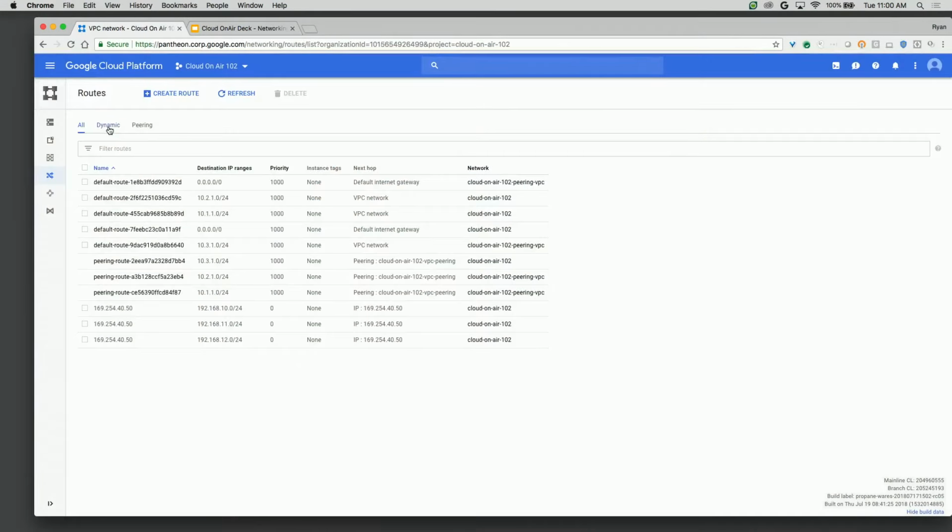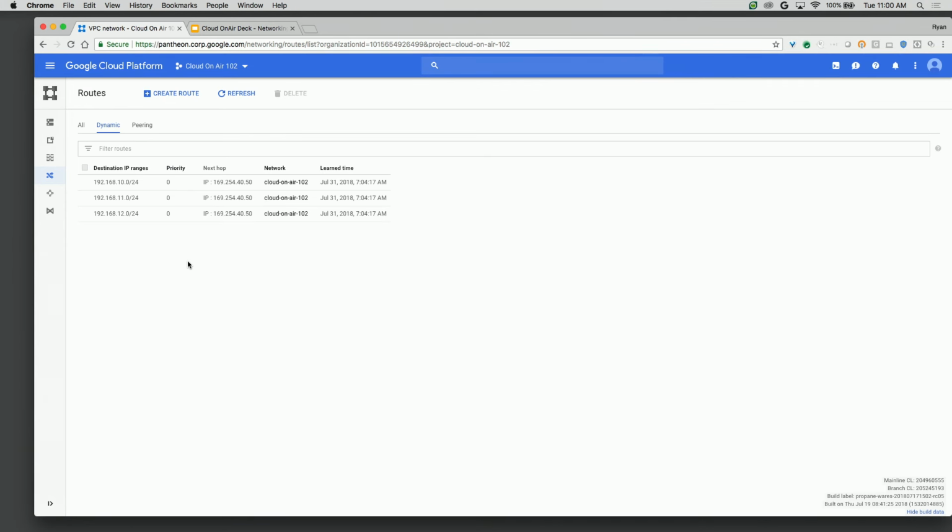So if you want to look at what you're learning from a dynamic perspective, you can see these 192.168 blocks. When I clicked on the dynamic tab, this is what I'm learning from the cloud router. So again, I configured a router outside of the cloud environment, and I told it to advertise these routes. And I didn't put any MED on there, right? So it's set with a MED of 0 effectively, and that's why it's showing up as route priority of 0 on this side. And then the next hop IP address, this is actually the IP address of the off-site router